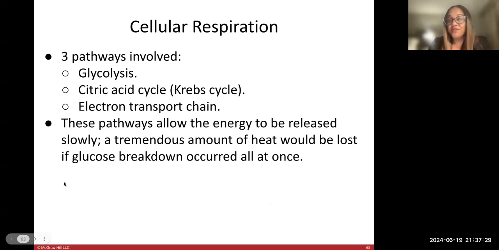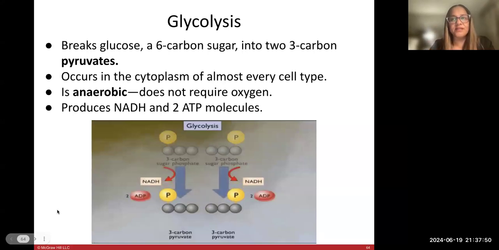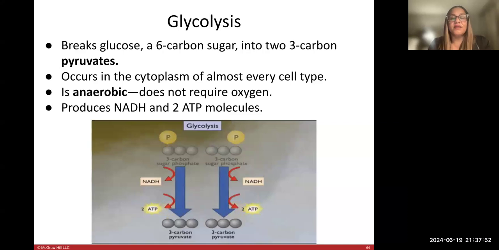There's three pathways involved in cellular respiration: glycolysis, the citric acid cycle, or the Krebs cycle, and the electron transport chain. These pathways allow the energy to be released slowly. A tremendous amount of heat would be lost if glucose breakdown occurred all at once. We go through these three pretty lightly. There are a lot of steps and a lot of details to these, but we just skim through